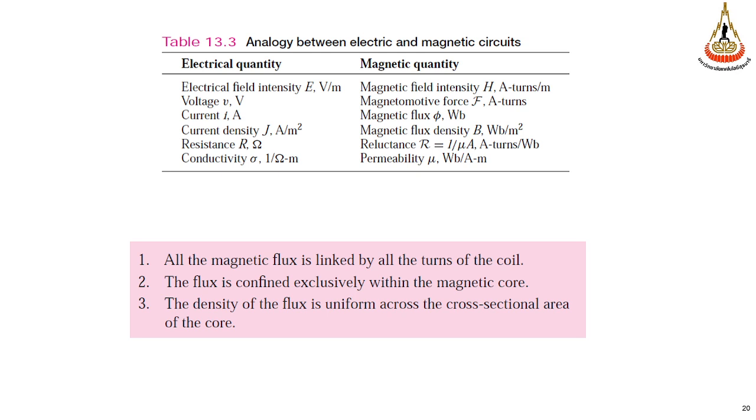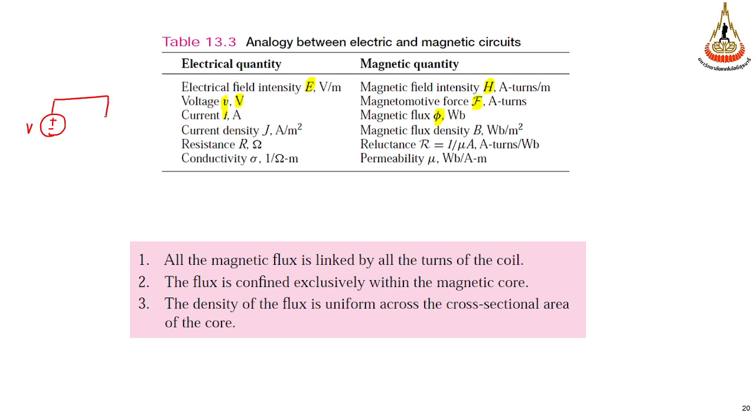Okay. In conclusion, magnetic field intensity is similar to electric field intensity, and the voltage is similar to the magnetomotive force. The current is similar to the flux. So if you have this circuit,